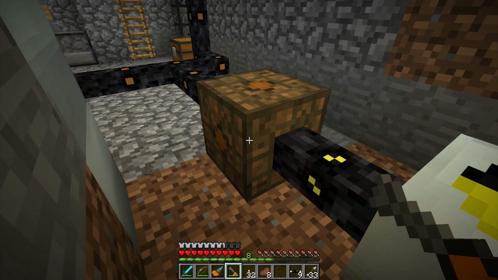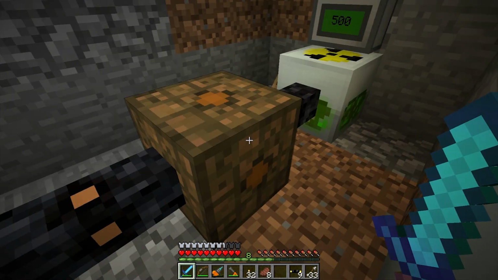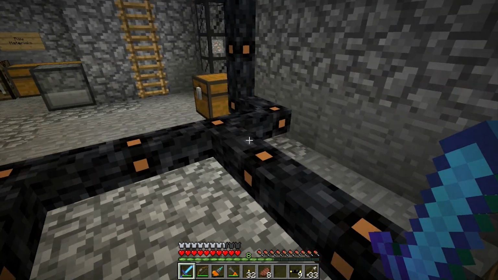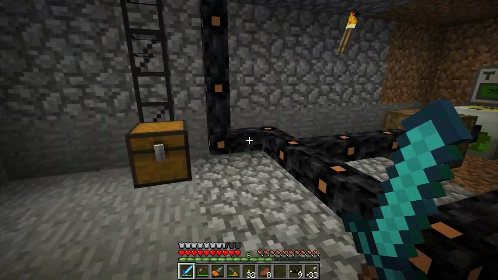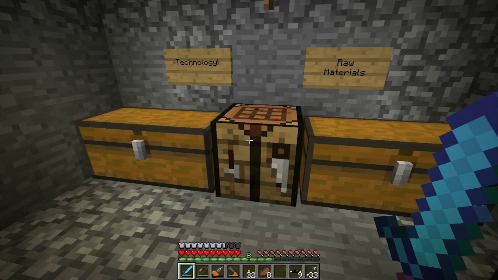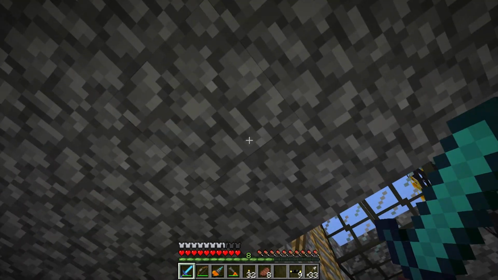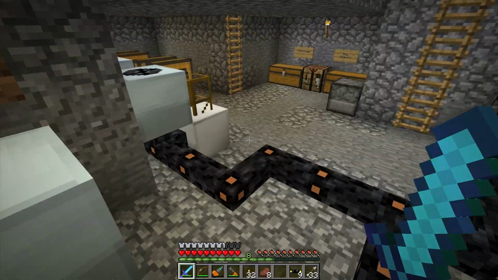Just need to put the high voltage side there. That, in theory, should be able to do that. Could probably do with a bat box, which isn't going to be too difficult. Oh, silence! Okay, now if I put that bit of uranium in here,